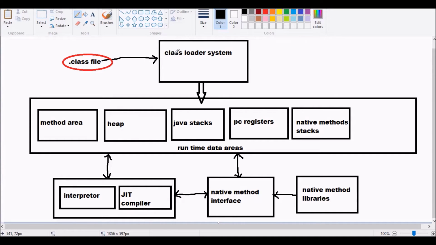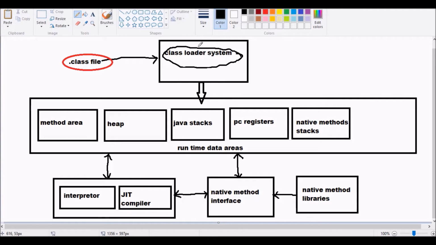What the class loader does is load the dot class file from the hard disk to the memory location, that is nothing but your system RAM.